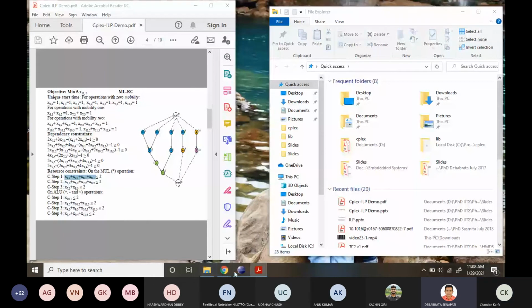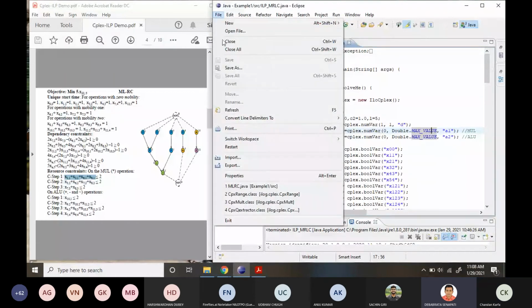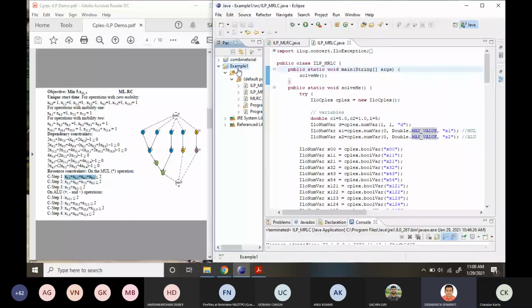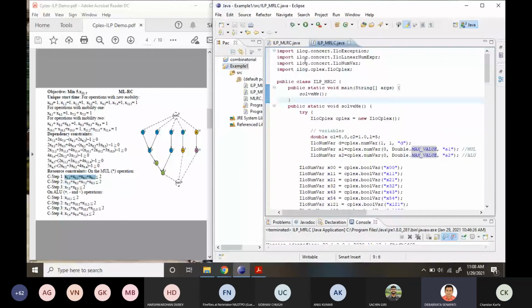To set up, I am using the Eclipse IDE. You can create a new project and give the name accordingly. I have already created that file. You can also import the CPLEX package, and we need to set the library.